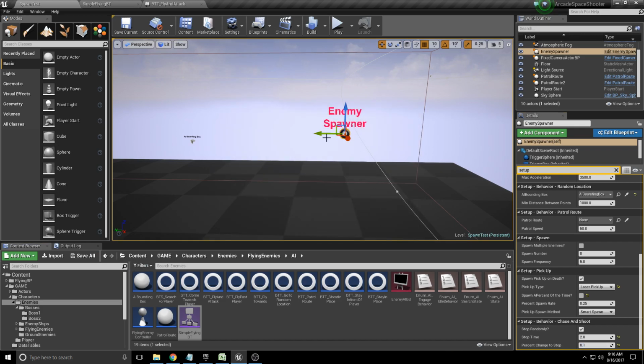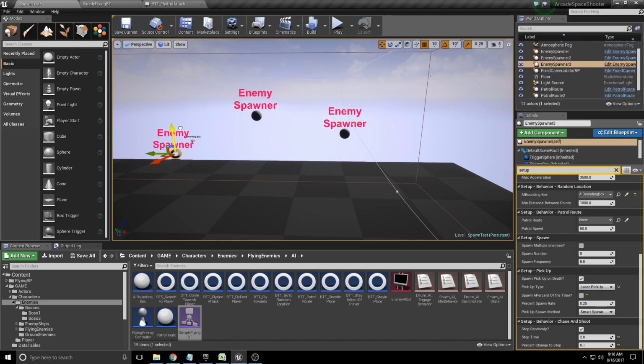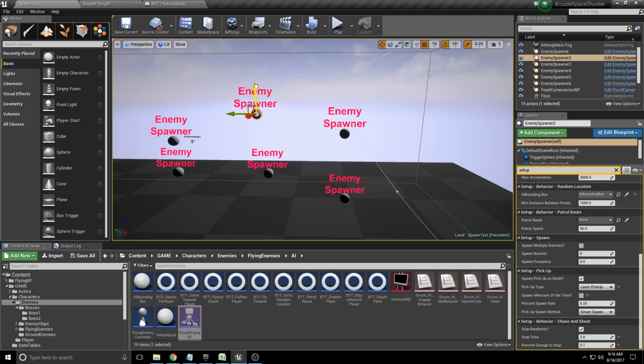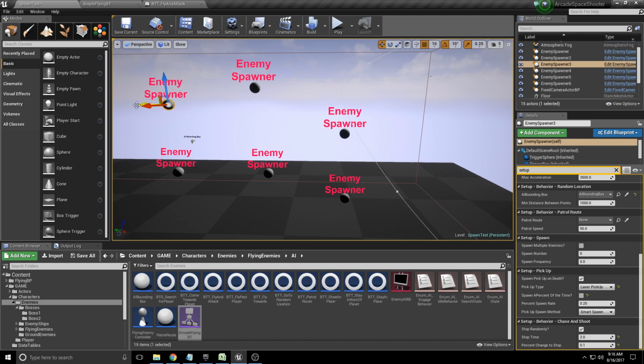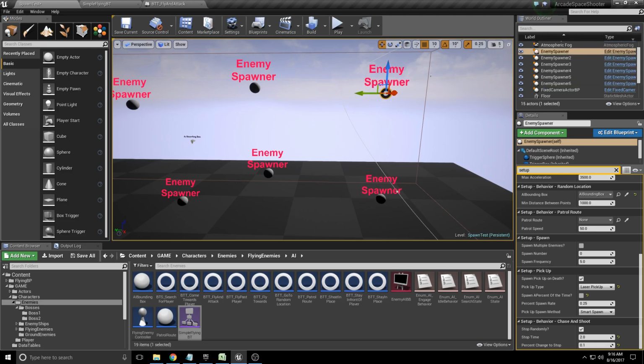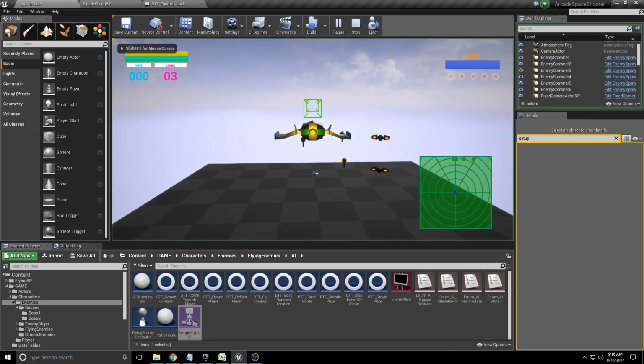So what happens if I just clone this? Then you'll notice exactly what I'm talking about and why stopping randomly actually probably makes the game a bit easier for the player. So if I just hit play here,